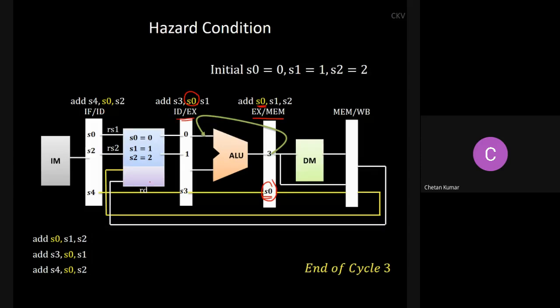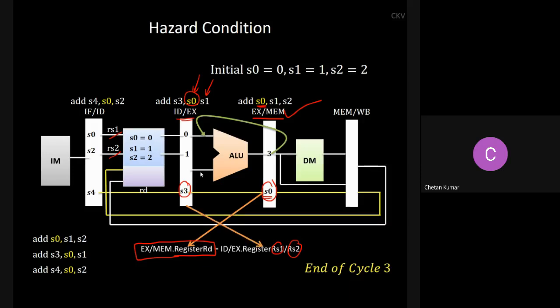If you take the normal data path, you don't actually send RS1 and RS2 to the pipeline stage. You only send the destination register. So at this point, I will not be able to detect. Although I have the register RD value, which is coming from X/mem, I don't have the RS1 or RS2 value, which is supposed to be there in the ID/EX register, because only then will I be able to know what exactly this source is. So here that information is not passed in the original data path,